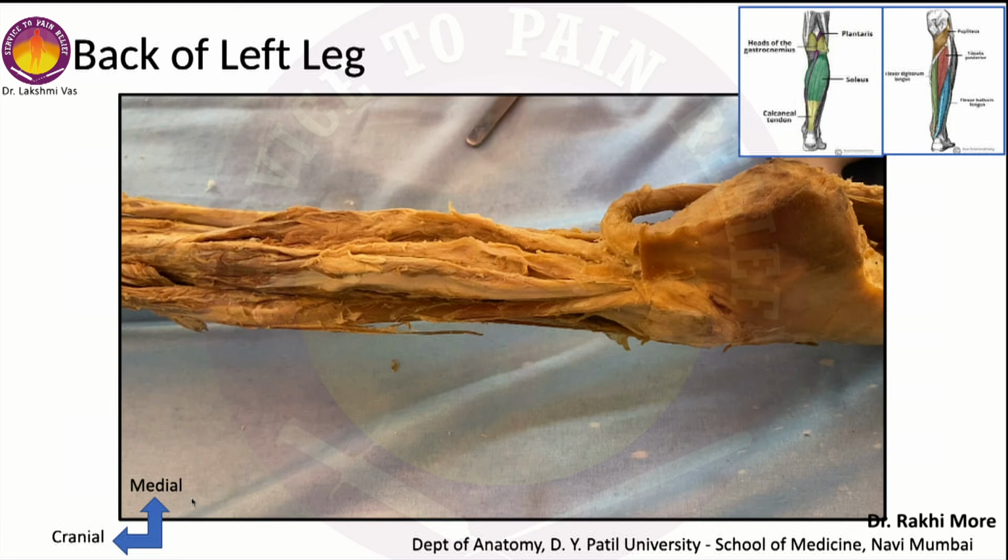Okay, so this was the video of the back of the leg. Sorry, there was a mistake again in this video. The muscles were labeled from medial to lateral as the tibialis posterior. The second muscle, on the medial aspect, from medial to lateral is the flexor digitorum, and lateral most is the flexor hallucis. Here it was labeled wrongly.